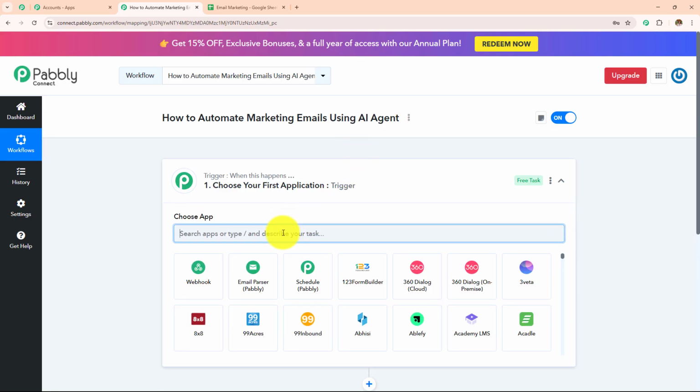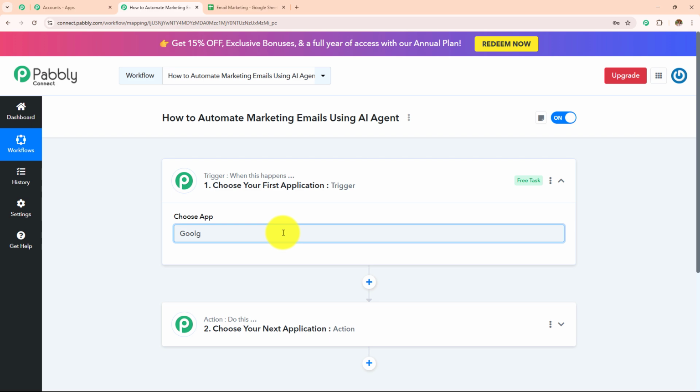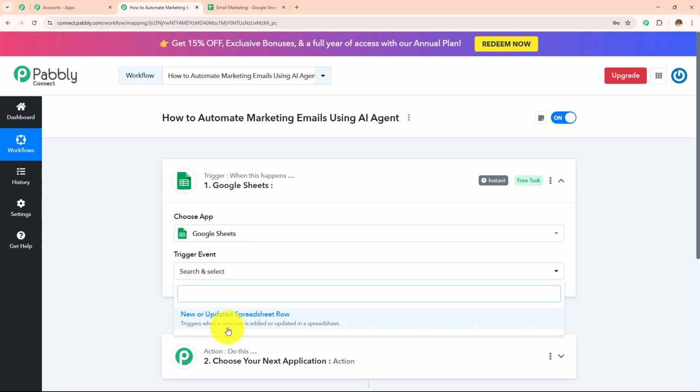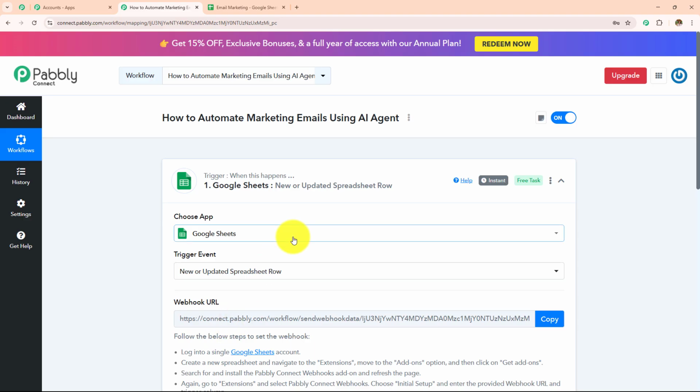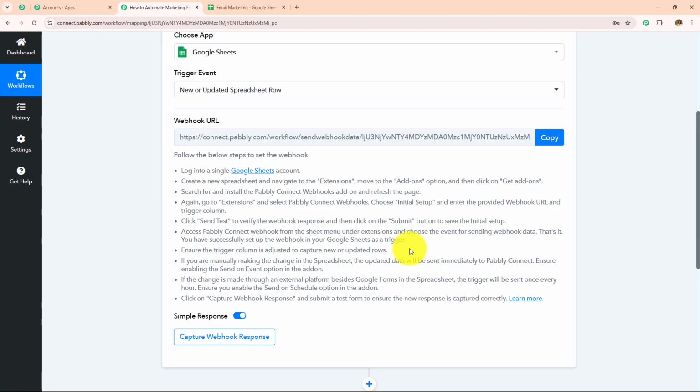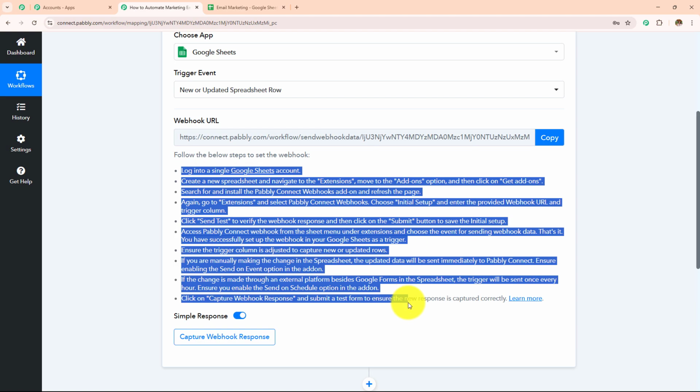So let's quickly take Google Sheets as my trigger application. And then in my trigger event, I'm going to take this new or updated spreadsheet row. Now I need to make a connection between Pabbly Connect and Google Sheets, for which a webhook URL is provided to me. And this webhook URL is going to act as a bridge to connect my Google Sheets with Pabbly Connect. So reading this help desk, we are going to build this connection, and to make this connection,